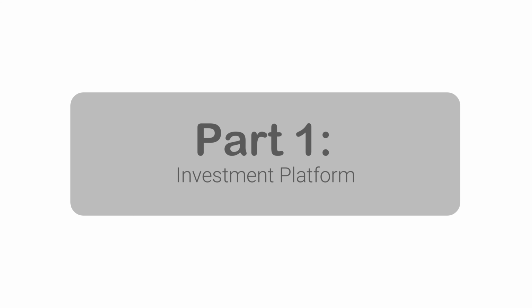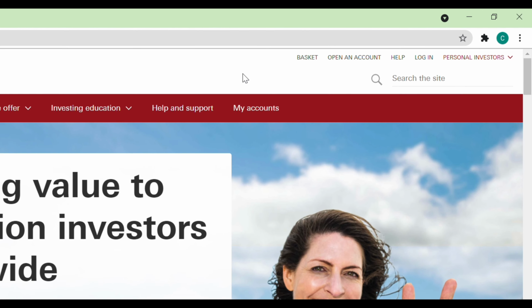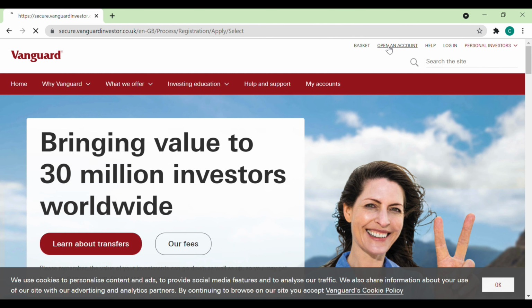We'll quickly cut to the computer and I'll show you how easy it is to make an account with Vanguard as well as make your first investment. So what you're going to want to do is head to Vanguard through your preferred browser, head to the Vanguard investment platform, and in the top right you'll see the button open an account. Select that